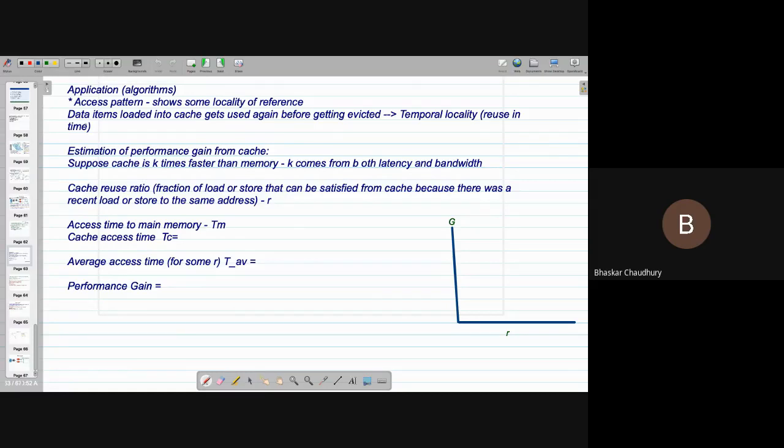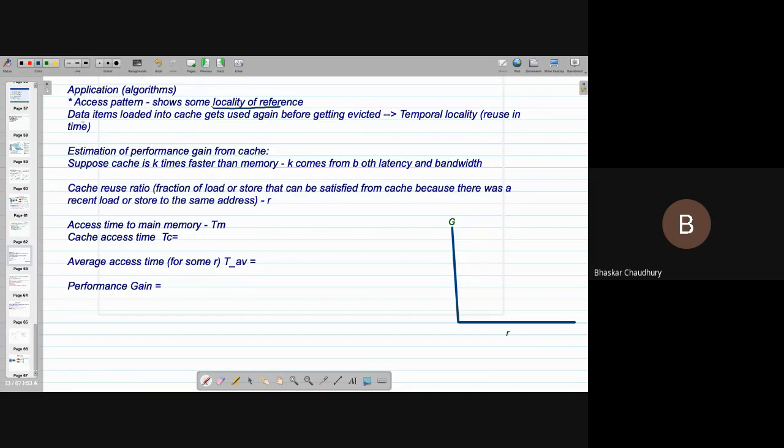You can have sparse linear algebra, dense linear algebra, Monte Carlo, structured grid, etc. Or you can have something else like image processing, video processing. Each application has some access pattern, like how you are accessing the data from the memory. Each has a very unique pattern. In those patterns there are 2 important things present, and that is called locality of reference: in what pattern you are getting the data from the memory based on your application.